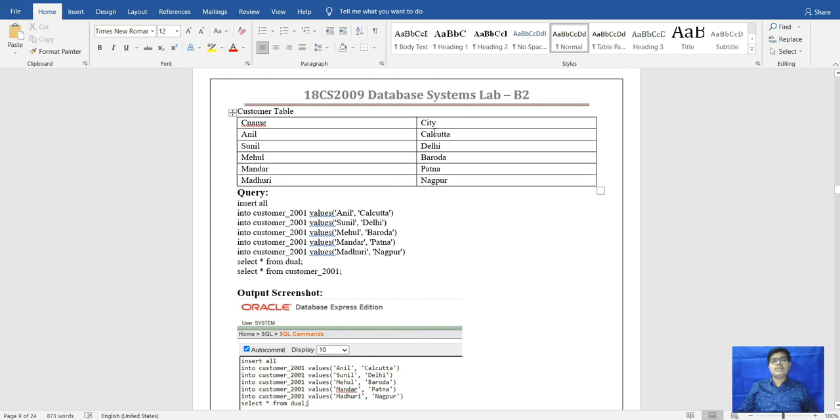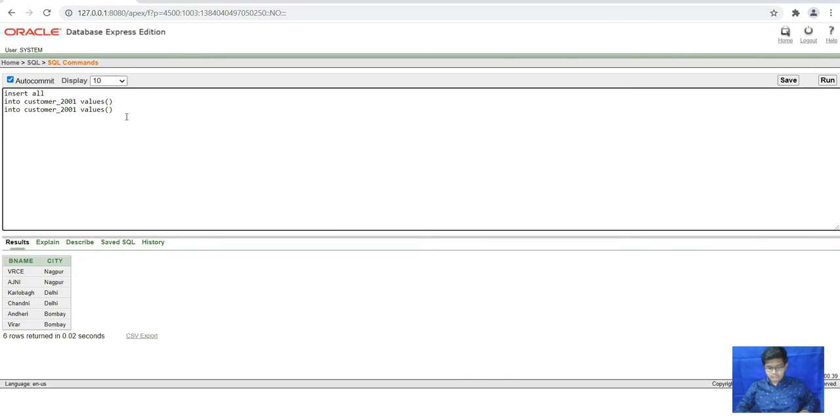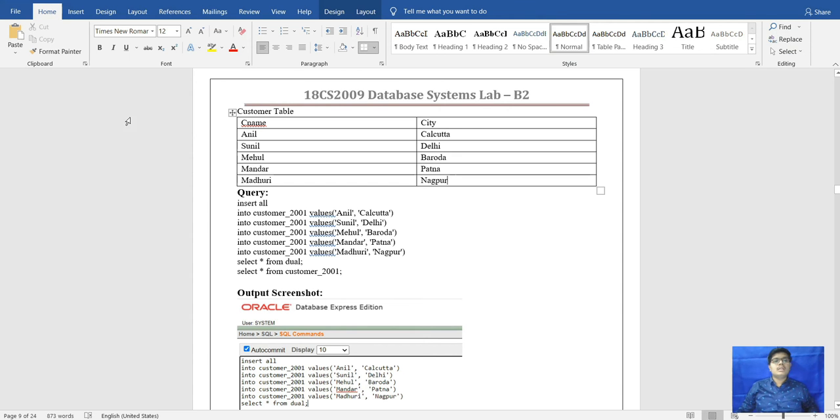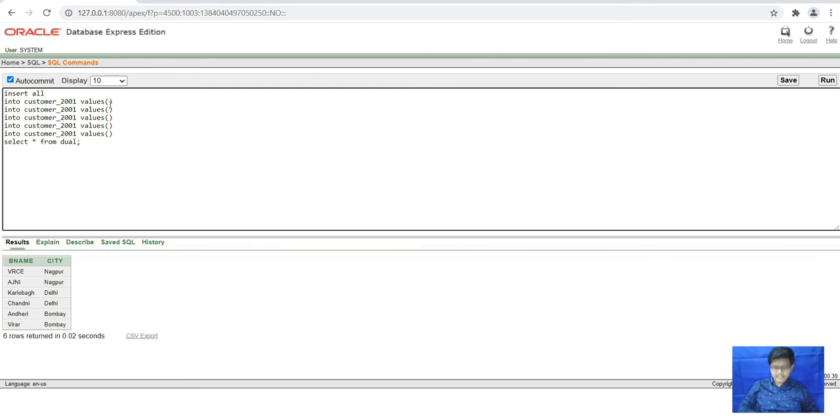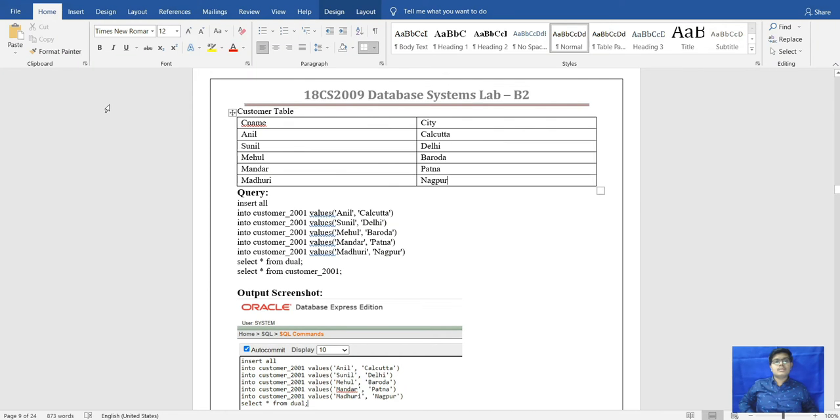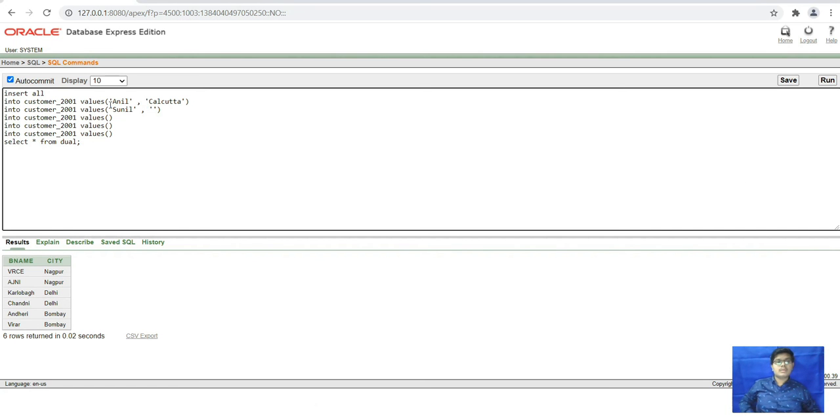Let's check how many entries we have. 1, 2, 3, 4, 5. Let's check. We have first customer, that is of Anil, and that is from Calcutta. Sunil, Delhi.